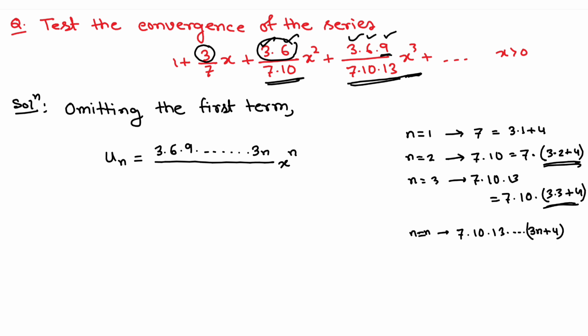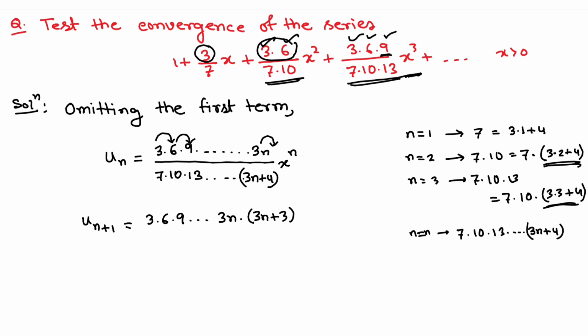So this will be 7 into 10 into 13 into dot dot dot 3n plus 4. Clear? This is our un. Now let's find out un plus 1, which means the next term. Here you can see the difference between every term is 3. So after 3n, the next term will be 3n plus 3. So the numerator is 3 into 6 into 9 into dot dot dot 3 into 3n plus 3, divided by